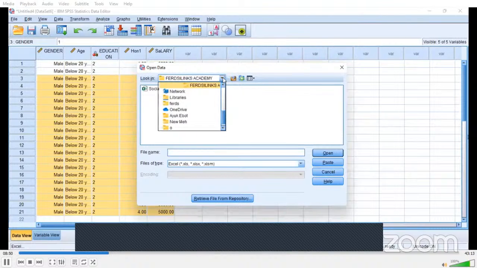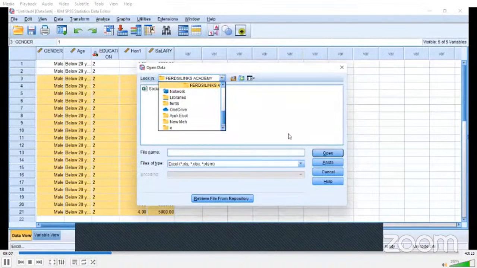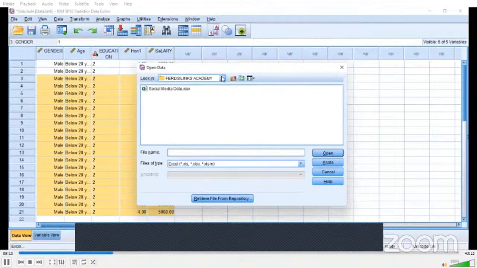Now, I assume that everybody is using Microsoft Windows. If you're using a different application, your interface may be different. The procedure may be slightly different. But if everybody's using Microsoft Windows, whether Windows 7, 10 or 11, then you have that variation. I'm using 11, so we may have slight differences. So I can go and choose. By default, this is where I want to open. I click on my data and I take open. Now the data